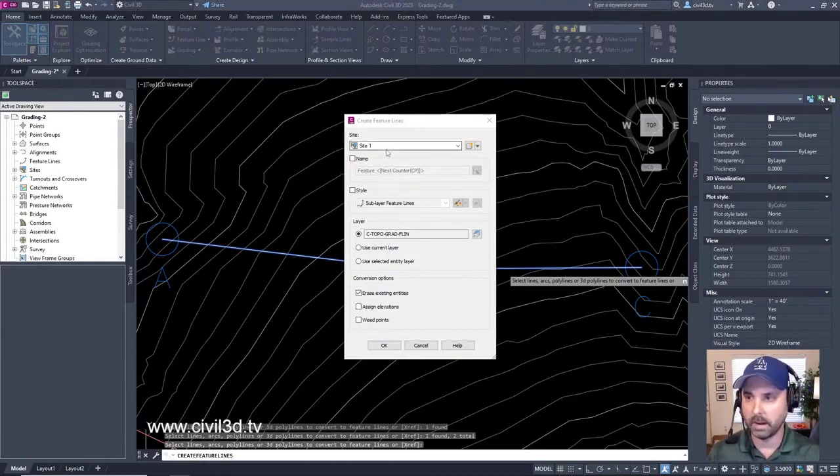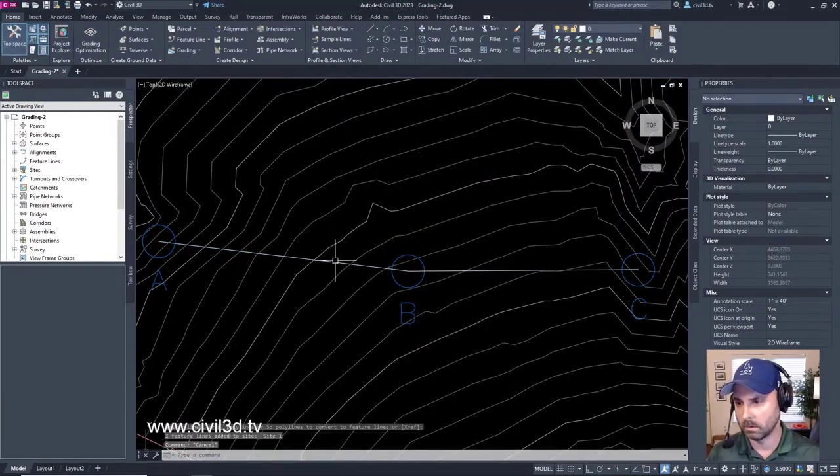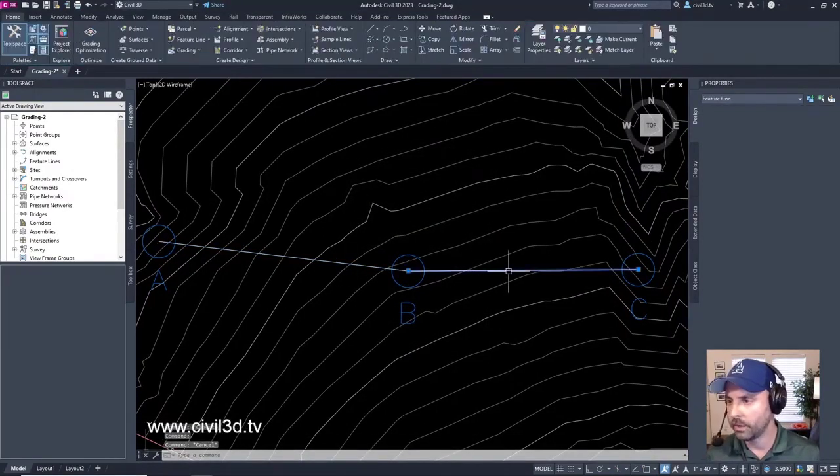Okay, we're going to stay in Site 1. And then we're going to name the feature lines. We're going to click OK. And we've got our feature line here and here.